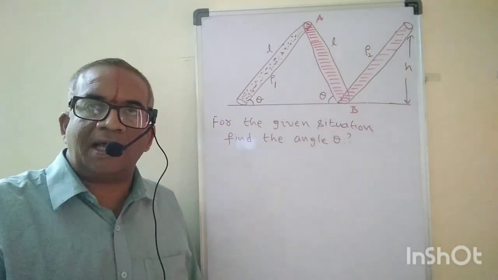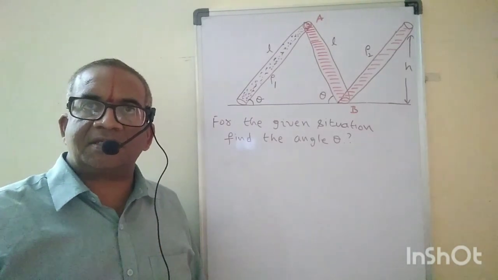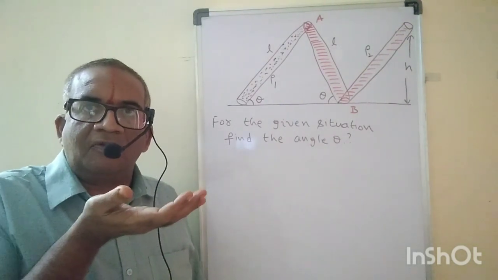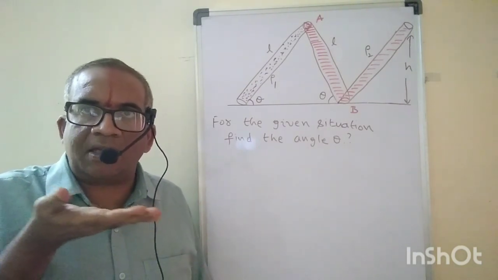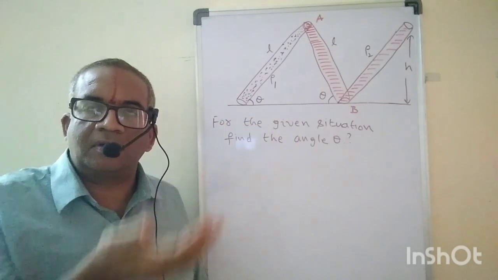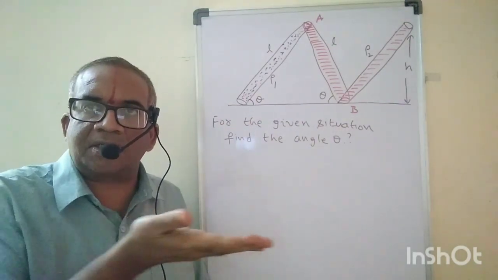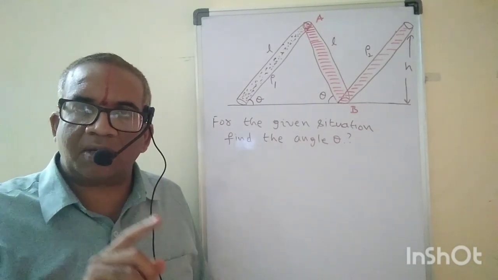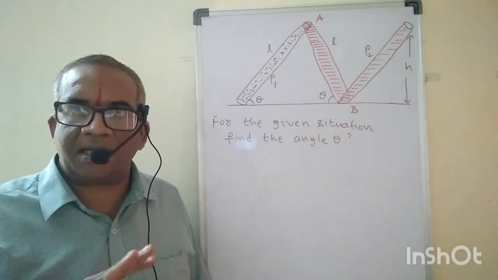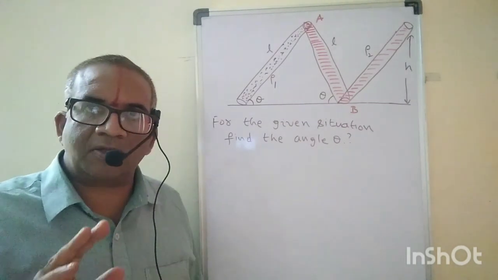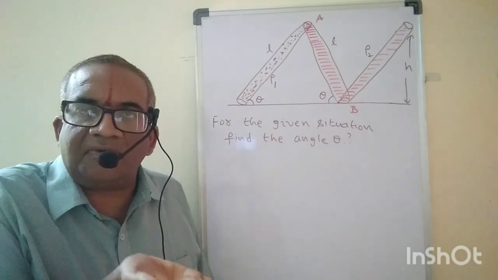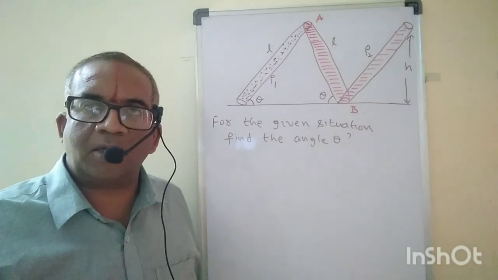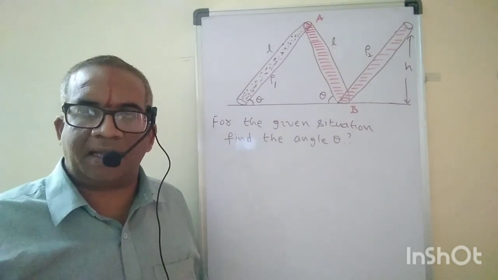So till now you learned about the pressure differences in accelerating fluids. Either the fluid in a tank may go in the horizontal direction or in the vertical direction. When it is going in the horizontal direction, we got tan theta equal to A by G, and also H1 minus H2 by X or S or anything. If it is moving in a vertical direction, there is a change in the pressure, that is rho into (G plus A) into Y.